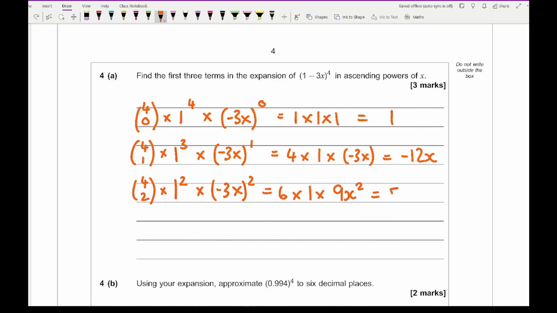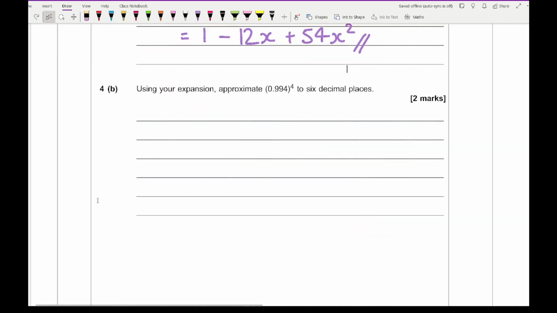and that gives me a total of 54x squared. So then adding up these three terms, I get my final answer of 1 minus 12x plus 54x squared. Now moving on to 4b, it says using the expansion approximate 0.994 to the power of 4 to 6 decimal